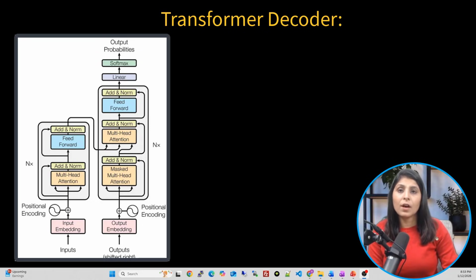So guys, so far we have understood the complete working of encoder in transformers, and today we will understand how